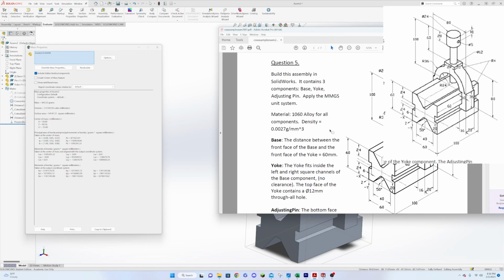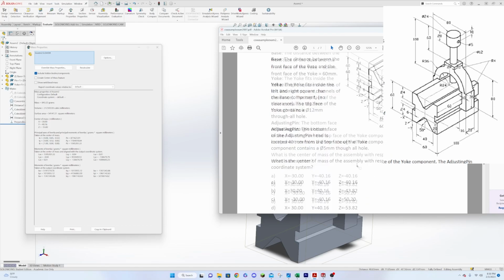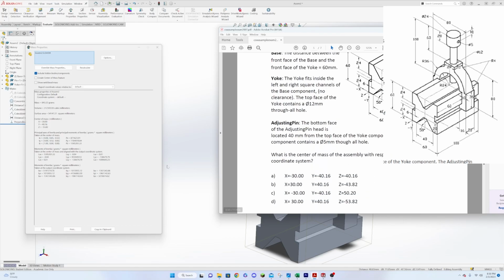It's asking what the center of mass is, and it has a multiple choice here. And you can see that these values here for our center of mass off of this origin are coinciding with the selection of the letter D. So this would be the selection you'd pick. And it's kind of nice that this is multiple choice because it allows us to kind of cross-reference what we'd be looking at here. So this is our